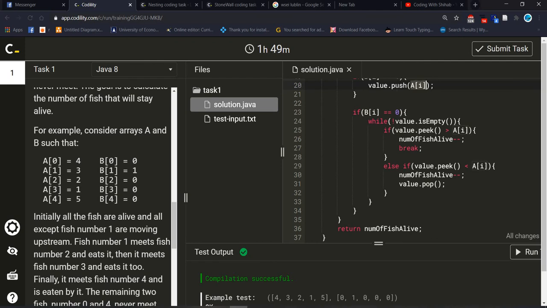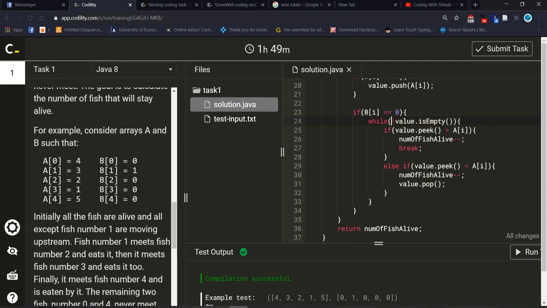Later I am checking again, is it 0? If it's 0, that means it's upstream, then we have to check while. We should take a while loop because it will keep operating until we find how many fish will be alive. That's why we use a while loop inside the if statement.